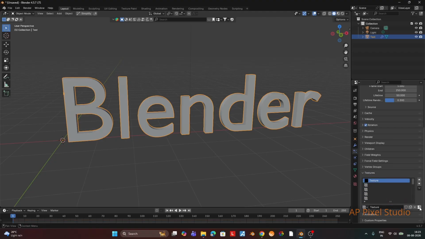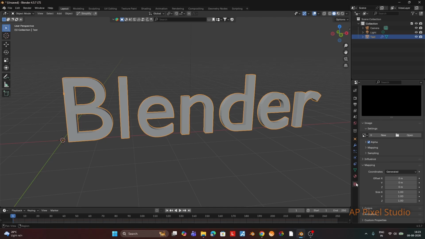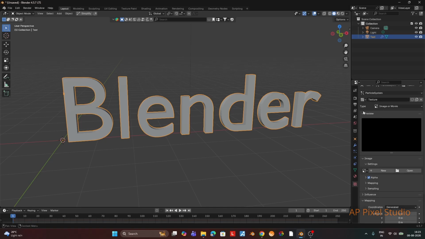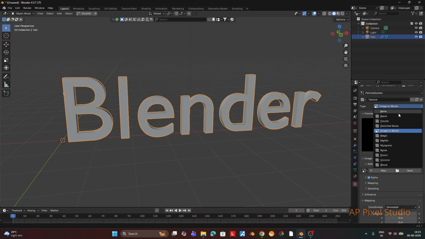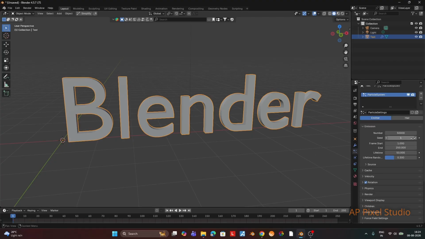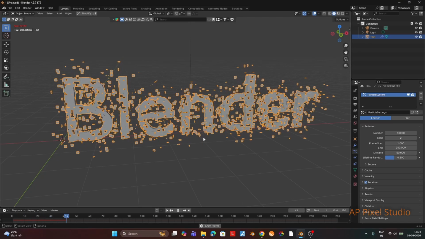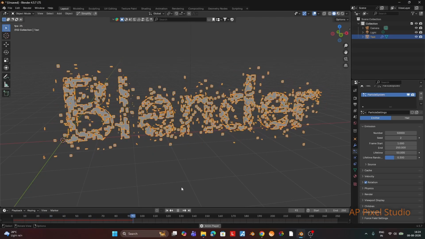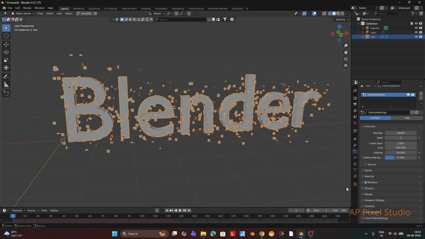Now we will go to the texture, like how we want to have that particle or explode effect. So we will go to texture, create new texture. Now if we go to texture menu, we see many types of texture and each will perform differently. So if we select noise, for example, if you see it's very black and white spots nearby and small. So if we just go to particle system, change the seed and play. So if you see it's happening like this randomly, some particles are going from within the word.